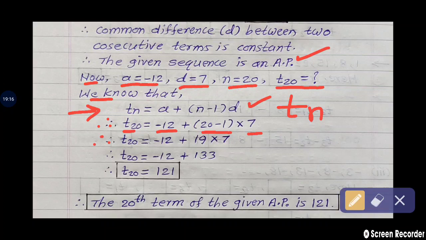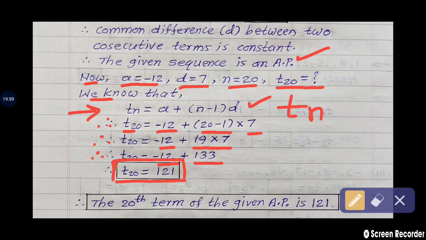Calculate it. Therefore T20 is equal to minus 12 plus 20 minus 1, which is 19, multiplied by 7. So 19 sevens are 133, and minus 12 remains as it is. Therefore T20 is equal to minus 12 plus 133. Because 133 is the greater number, we write 133 minus 12 first. So we are getting the answer 121. So T20 is equal to